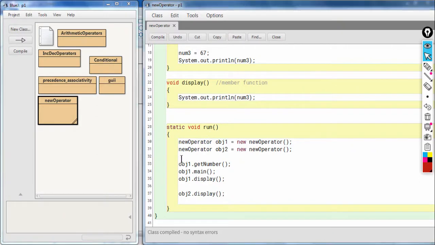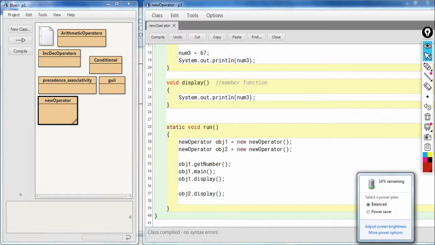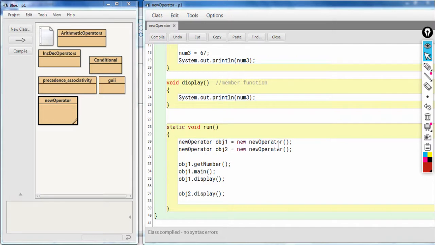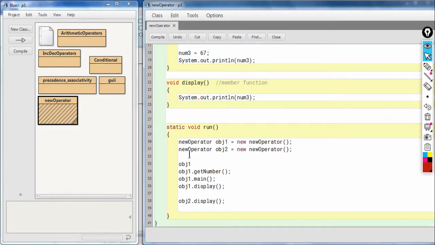Now let's see how to access the member variables. So students, let's see how to access the data members using the dot operator. So the procedure is same. Write the object name, then dot, and write the member variable's name.